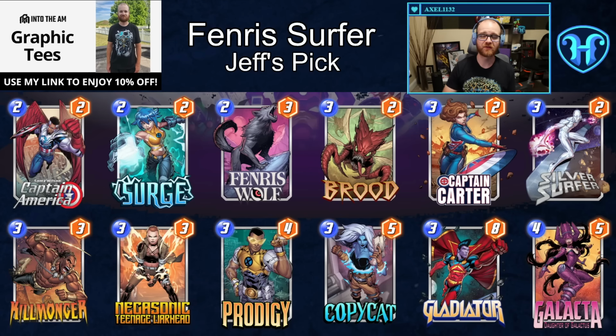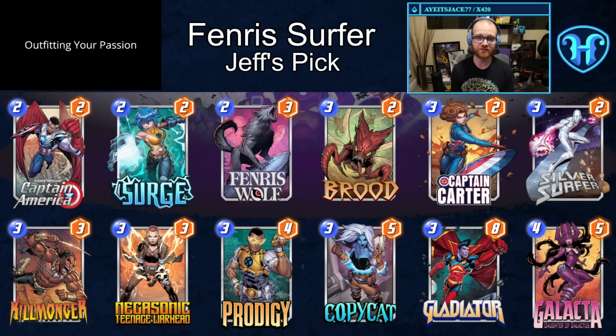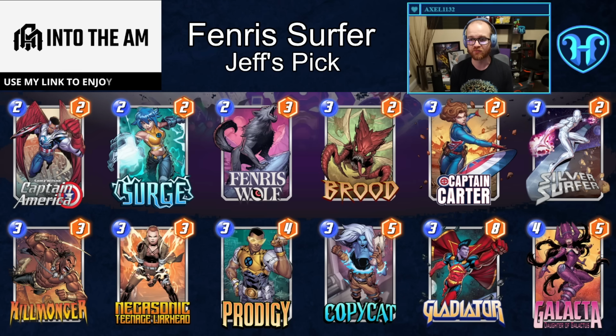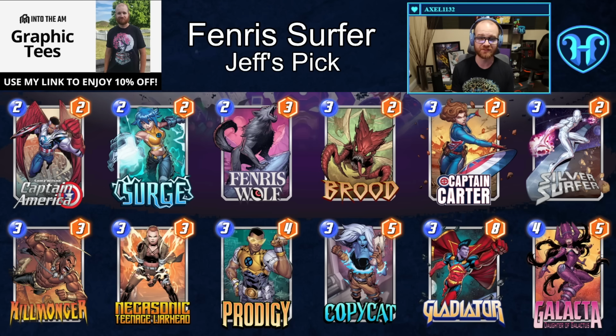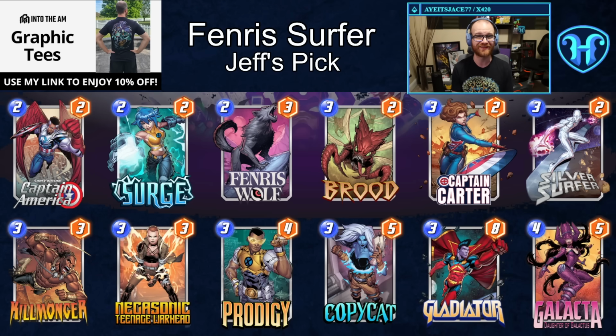My last Jeff's pick this week is this Fenris Wolf Silver Surfer variation that I had a ton of success with last season that I've also been climbing with in this one. I was really impressed with Prodigy in this deck list the more I've played with it. In some of your games, it's doubling up your Silver Surfer. In others, it's copying Captain Carter. And in more still, it can even give you extra copies of Galacta or even Teenage Warhead, who you could duplicate after she's already blown up, destroying an additional card in a lane that your opponent thinks they've already cleared